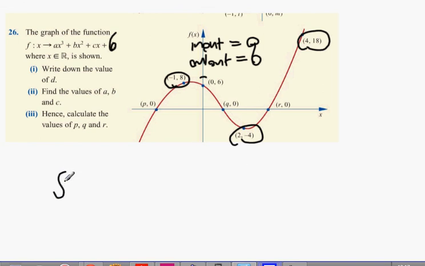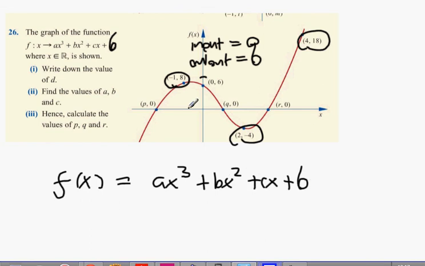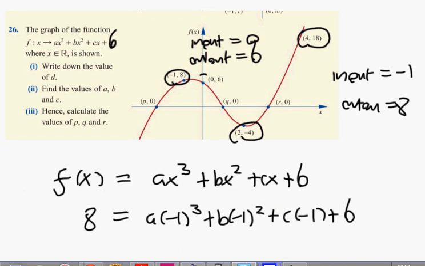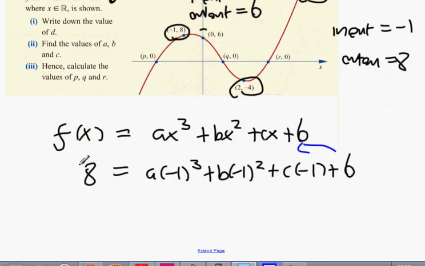Okay? So, look what happens here. f of x equals ax cubed plus bx squared plus cx plus 6. Now look what happens here, guys. Okay, let's start off. Input is minus 1. Output is 8. 8 therefore equals a times minus 1 cubed plus b times minus 1 squared plus c times minus 1 plus d. Now look what happens here. Bring the 6 over the other side. 8 minus 6. 2 therefore equals minus a